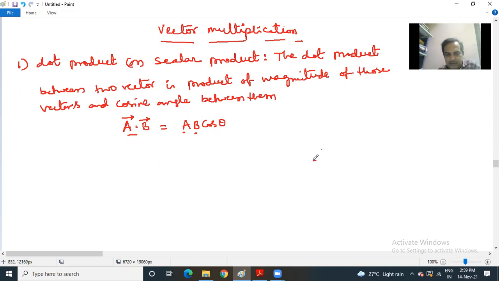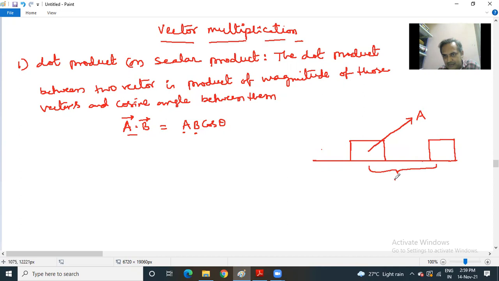Say there is a horizontal surface on which there is a body. Suppose vector A is applied. This vector can be force. Suppose due to the application of force, you can expect that the new position of the body is here. New position of the body here means you can assume that it gets a displacement. This is vector B.